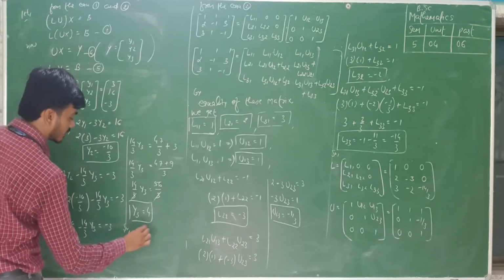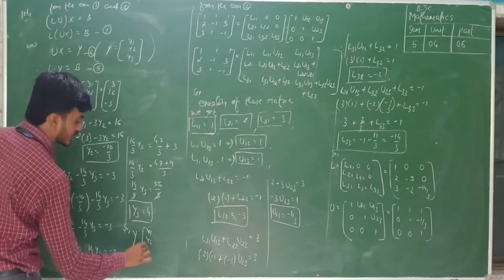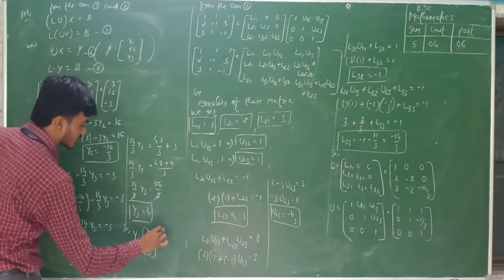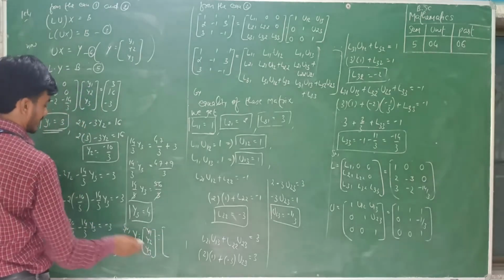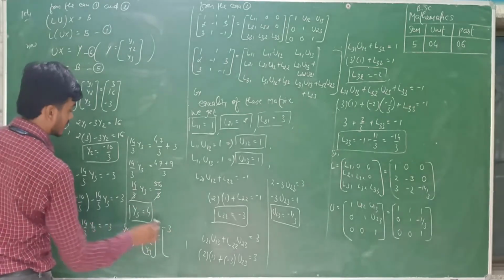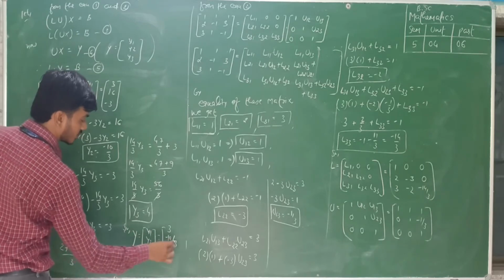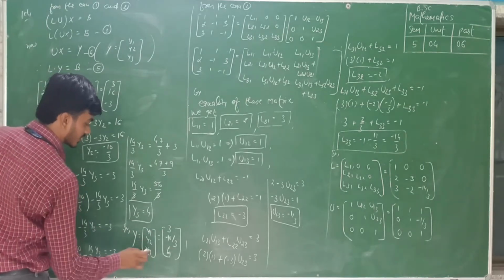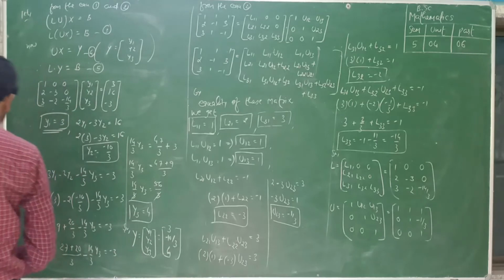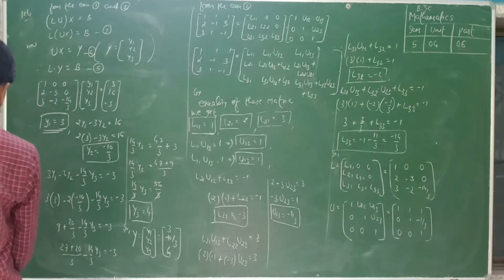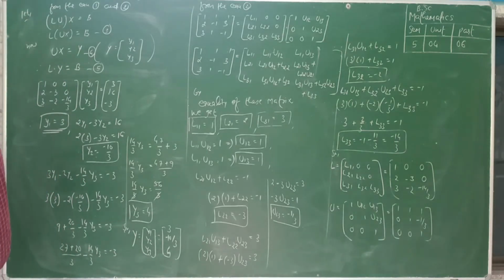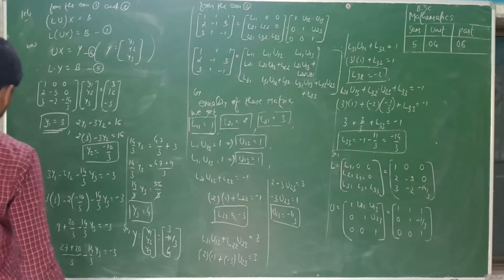So here we have the values of y1, y2 and y3. That means the matrix y: y1 is 3, y2 is minus 10 by 3, and the value of y3 is equal to 4. Now these values are put in,